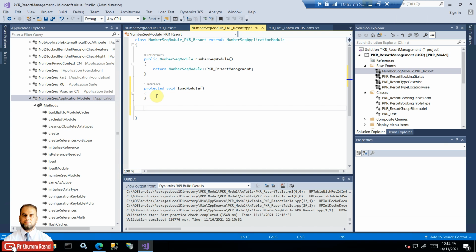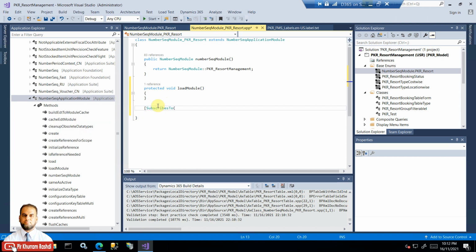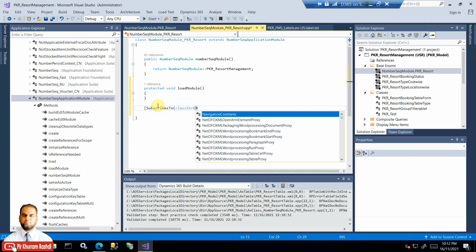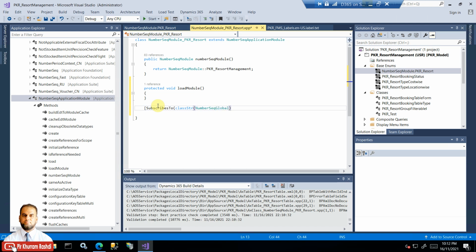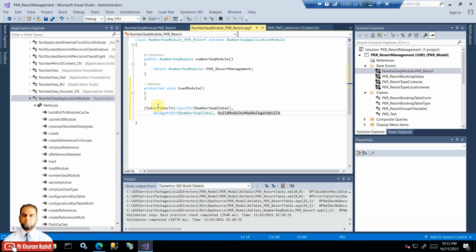So for that we need to just write subscribe to the class str, and that need to be number sequence global class, and delegate str need to be number sec global build modules map delegate, and just complete the decorator